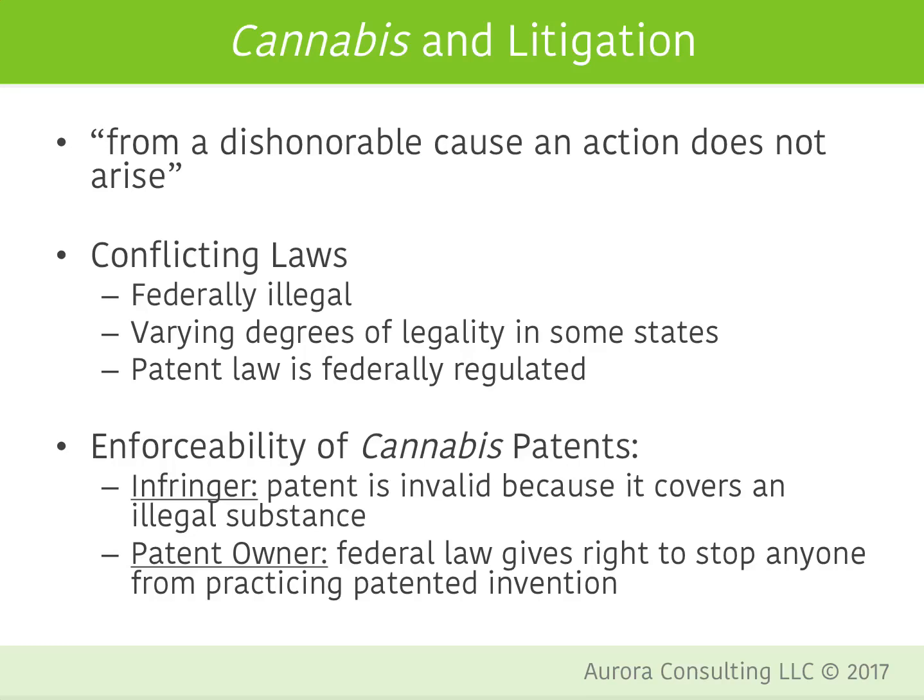And this is going to create a lot of issues in the short term because there are a lot of conflicting laws right now. Federally, marijuana is illegal and it has varying degrees of legality in some states, but in a lot of those states, the federal law is still prevailing in terms of court cases. This is evident in a couple of court cases that have dealt with contracts and loans related to cannabis businesses,